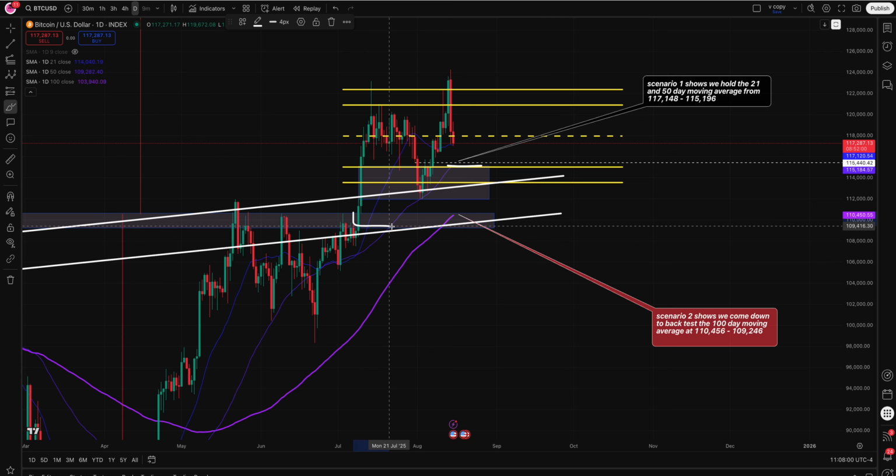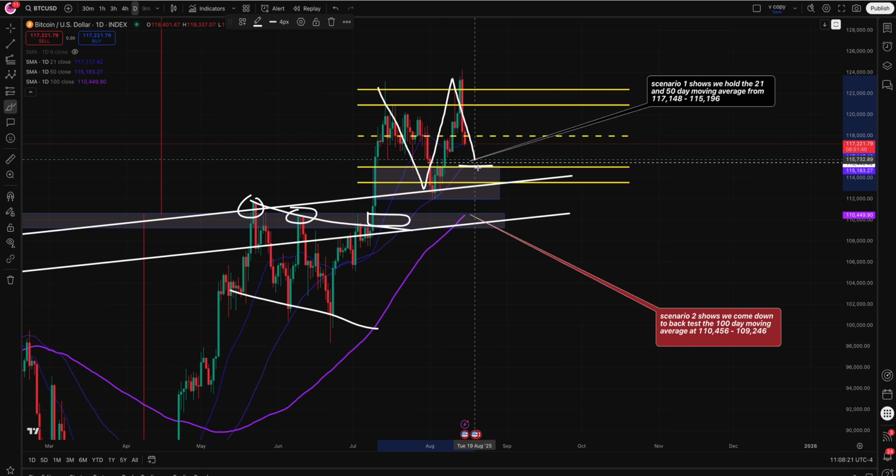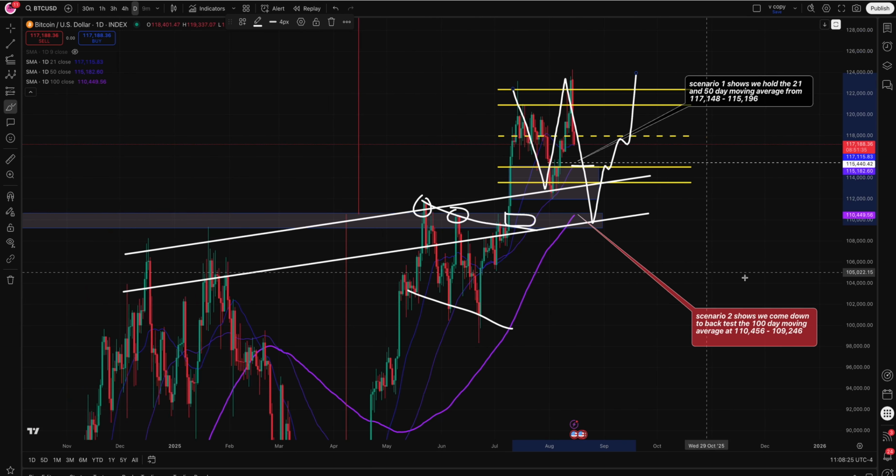Do you guys see this gap over here? Okay, tapping into this July 9th daily FVG, you'd essentially be tapping into or backtesting the May and the June highs, right? These are the May and the June highs, so coming down for a C wave before continuing higher wouldn't be something out of the ordinary.